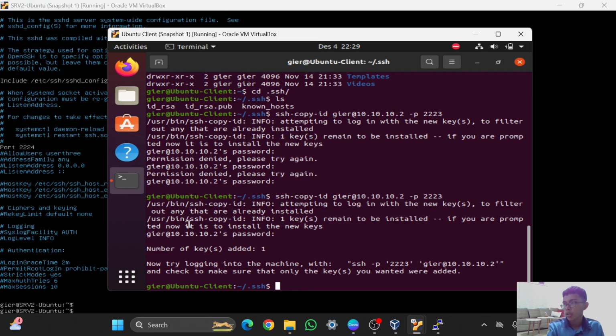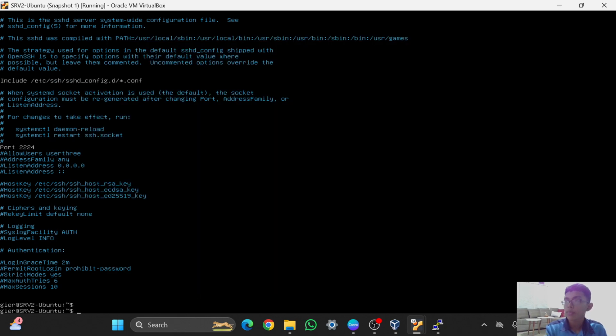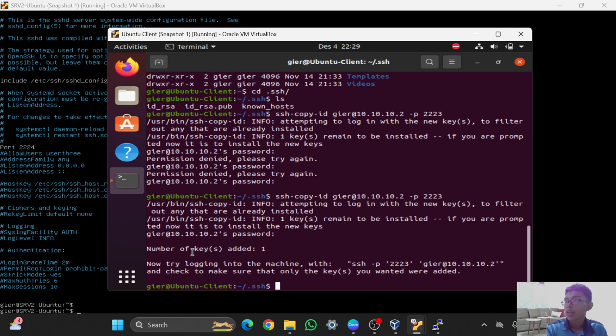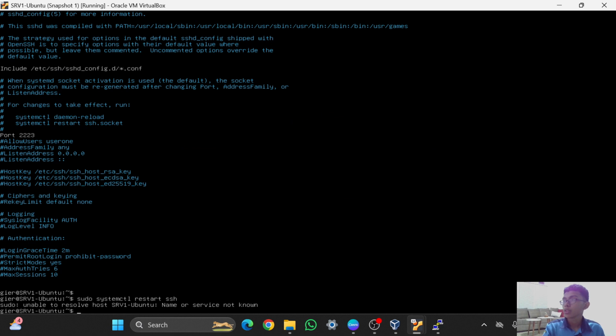And as you can see in here, the public key has been copied into the server one Ubuntu, which is this one. And if you want to check it, I think it is still the same, oh yes, it is the authorized keys.